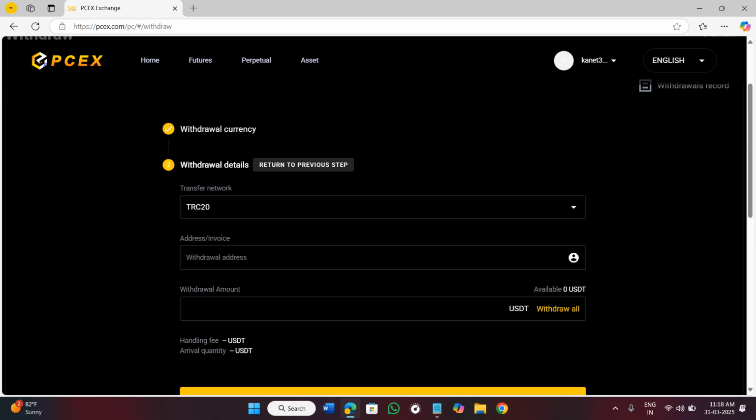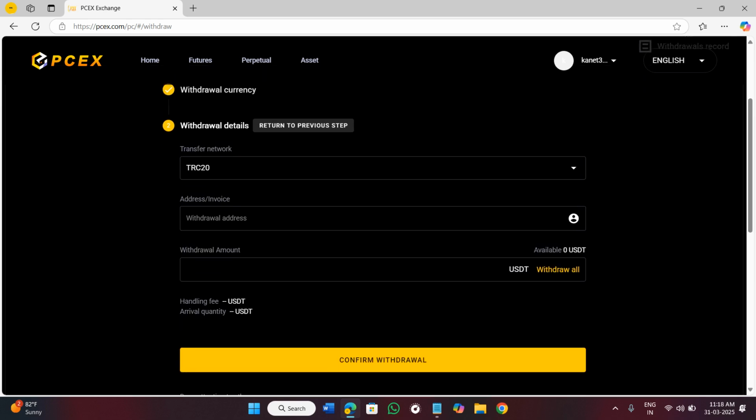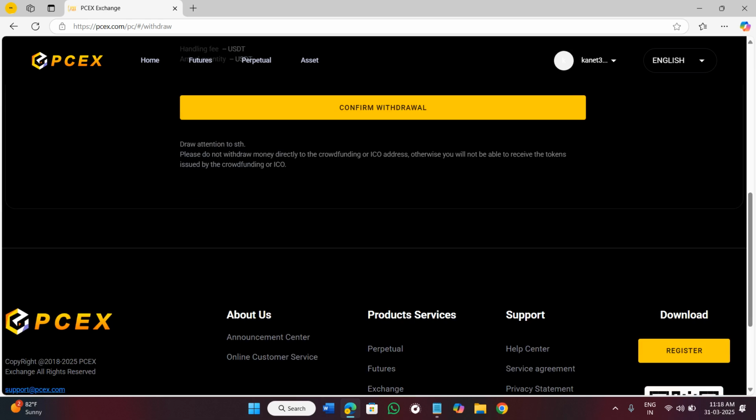So in this section, you will have to provide the deposit address of that particular exchange where you want to withdraw your USDT. Afterwards, in this withdrawal amount, enter the amount of USDT that you want to withdraw. After filling all of these details, simply click on the confirm withdrawal option and wait for the transaction to complete. Once the transaction is completed successfully, you will receive your USDT from PC Exchange to your cryptocurrency exchange within just